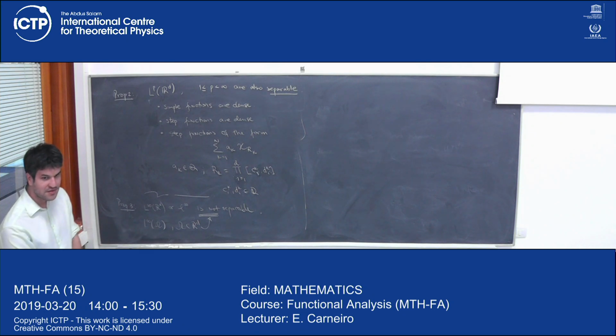Unless it's just a finite number of points and the measure is the counting measure, but then this would be a finite dimensional space. I don't want to avoid this basic case, but in general, maybe take omega compact also. Is this the same as a continuous function set or not? L infinity of a compact set? No. If you take L infinity of 0, 1, no. If you take just a discrete set of points,